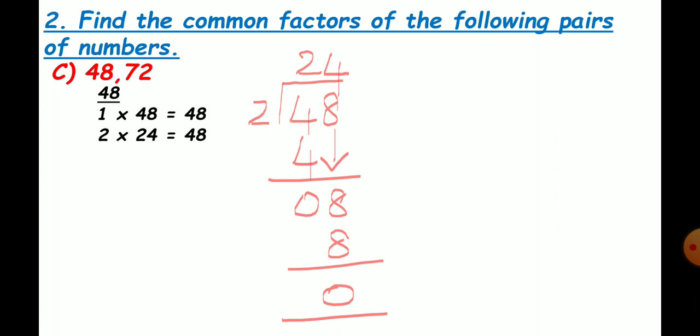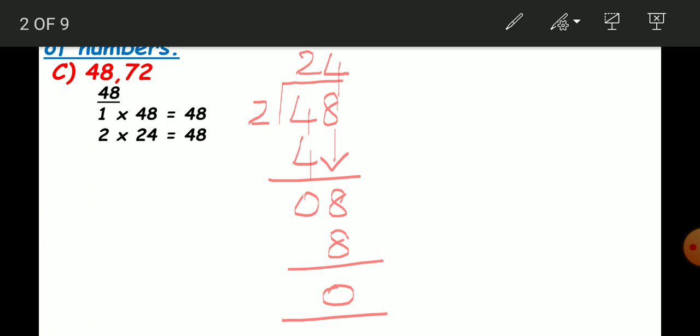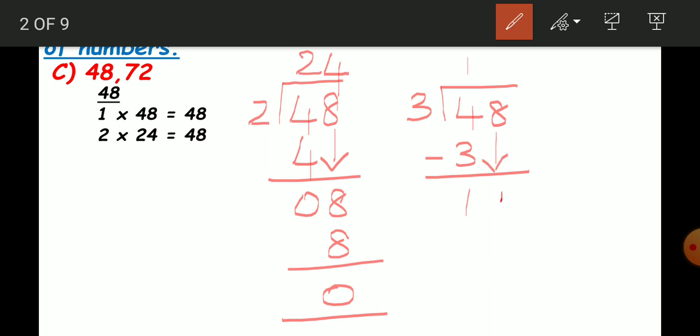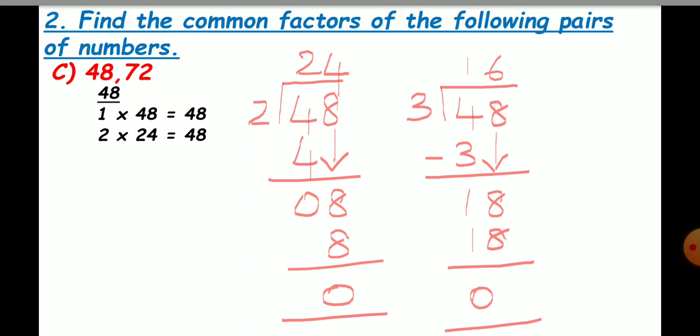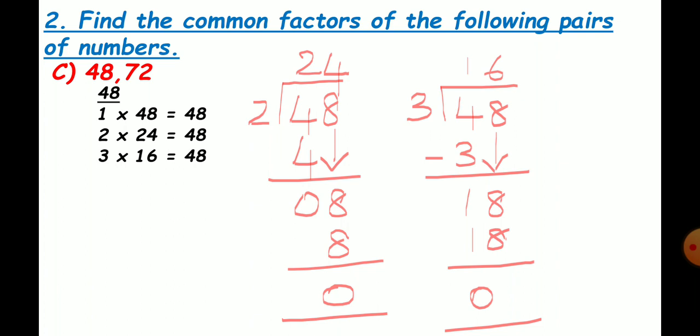And then check for three table the same way. You have to divide and check. Divide 48 divided by 3. So it comes 1 times 3, because 4 doesn't come, you go for a lesser number. 4 minus 3 is 1, and then you bring down 8. Now you have 18. 18 comes how many times? 6 3s are 18. So you get a remainder 0. If the remainder is 0, then it comes in that particular table. So 16 3s are 48. Sorry, 16 3s are 48, so 3 16s are 48.